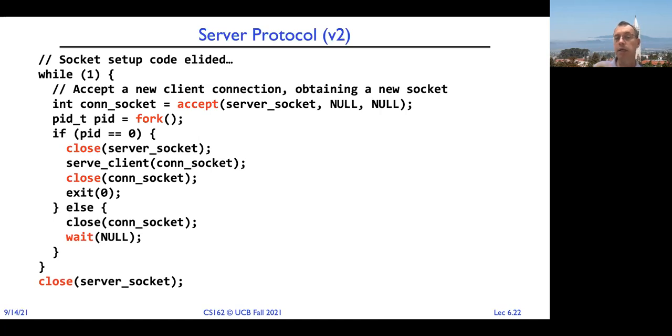So the child only needs to reply to the client. So it's not going to listen for new clients, right? And then you serve the client, and you also close the connection to that client, and you exit. And on the server side, on the parent side, which is a server itself, you close the connection socket, because you are not going to communicate directly to that client. The child is going to communicate, and then wait. While the wait is doing, wait for the child to finish, and then at the end you close the server